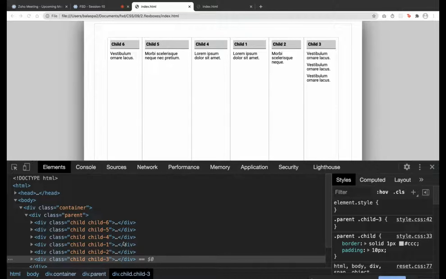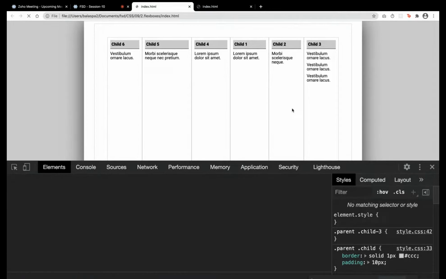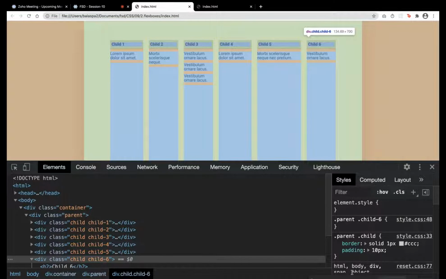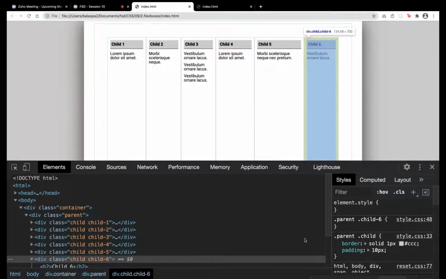Some people might ask why write something and then give row reverse to reverse things, instead of writing 6, 5, 4, 3, 2, 1 itself. In some places we can access only the style sheet, or when things come dynamically they may be in reverse order.